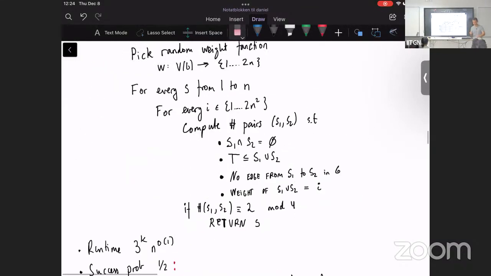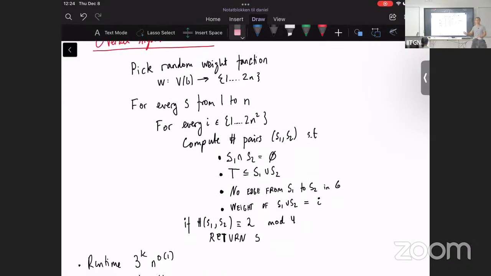But of course, if we assume that the graph is connected, then you should find one at some point or other. Well, but it could be that you never find it because it's always even. So you could return fail in the end. So assuming that your isolation lemma succeeded, then of course you will always succeed. But I should have added a return fail in the end, and that happens with probability at most 1/2.